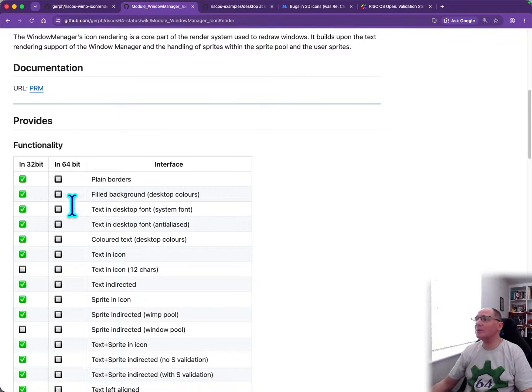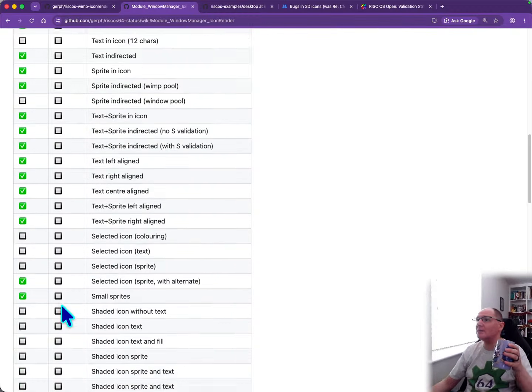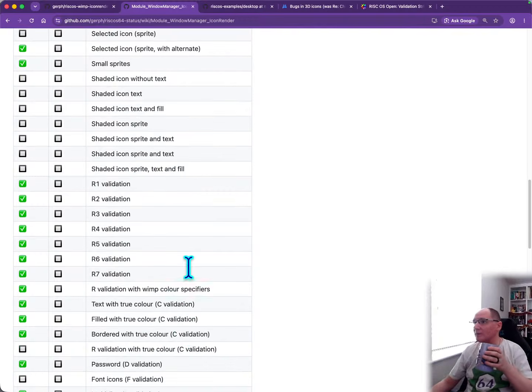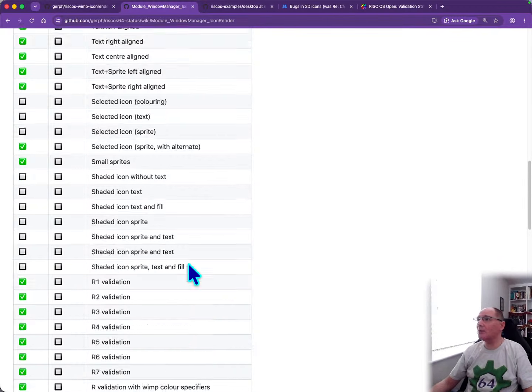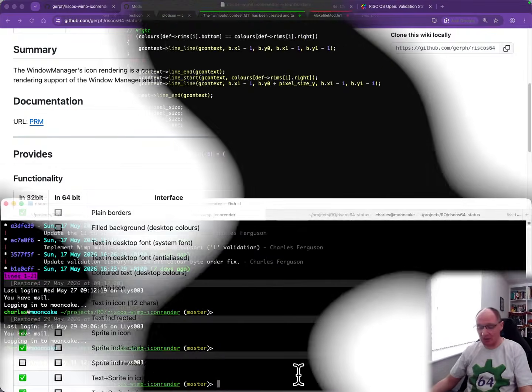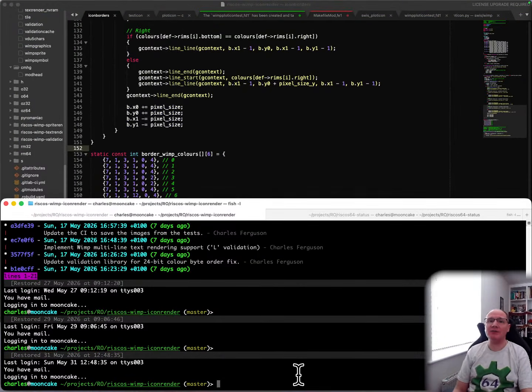We just need to go through and check what's actually going on here, because we've got plain borders, filled backgrounds, text in desktop fonts, and so on. So we've got to actually check these in 64-bit, make sure they're working. We're going to check some of these within the 32-bit as well, just to make sure they're doing the right thing. So that's what we're going to be trying to do. Also, we had problems with the 64-bit version in that it wasn't even working. So in order to test this, we're going to need to check what's going on. And if I remember rightly, it was crashing in one of the